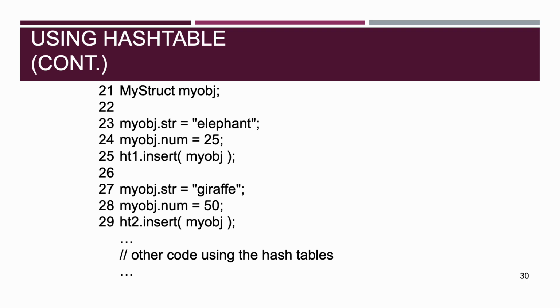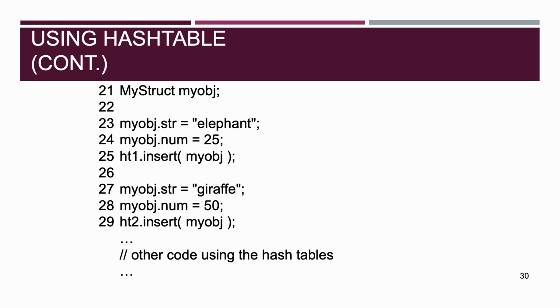Okay, here my structure, my object creates an instance of the structure named my object. First insertion, we will do my object dot string equal to elephant, and my object dot num equal to 25. So we are inserting one string and one integer value. Set the string and num fields of my object. Then h1 dot insert my object inserts my object into the first hash table h1 using the insert method,